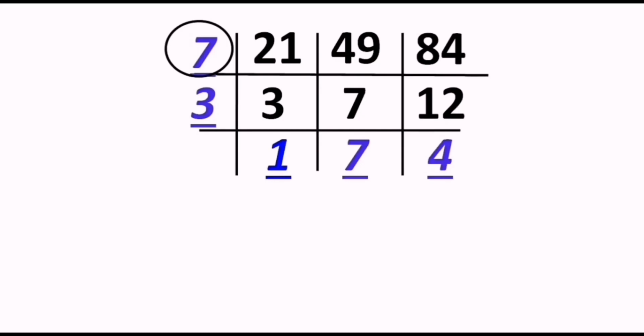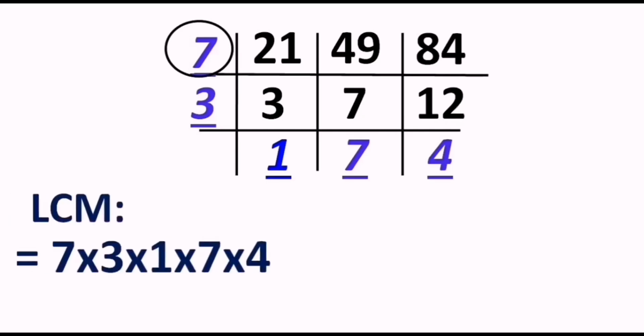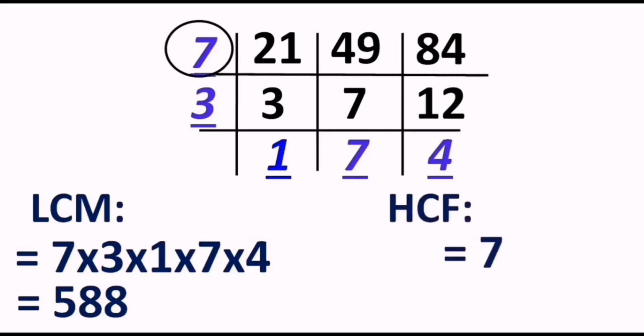And so all these corner ones, that is 7 and 3, and the bottom layer 1, 7, 4 must be taken for the calculation of LCM, and that results in 588 if you do the normal multiplication without fail and with a fully concentrated mind. And the moment you try to find the GCD or the HCF, the way I told you, we have to choose only those numbers which are in the circle. And which are the numbers in the circle? The numbers which divide all three numbers of the question, and presently only 7 is like that, and hence the HCF of the given numbers is 7. In this way we have found LCM and HCF both together.